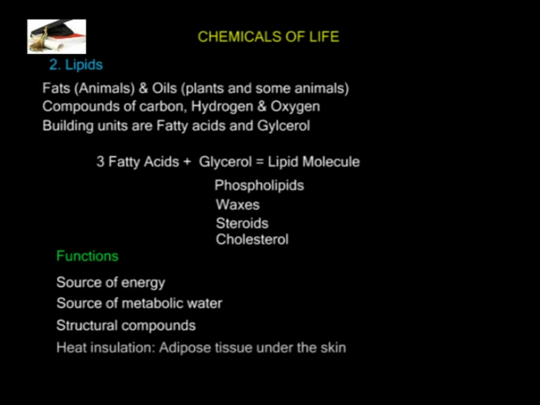Lipids used for heat insulation. In animals, fat is deposited under the skin where it forms the adipose tissue, which acts as a heat insulator. In this way, fats assist to reduce the loss of heat from the bodies of mammals. Mammals living in temperate regions have thick adipose tissues, which generally reduces heat loss. In addition, the thick adipose tissue in some aquatic animals helps them to be buoyant in water.